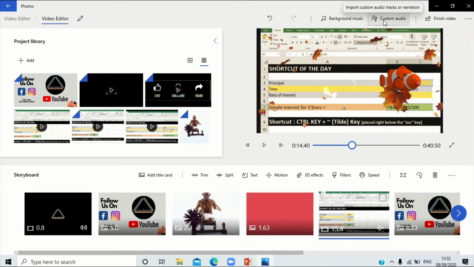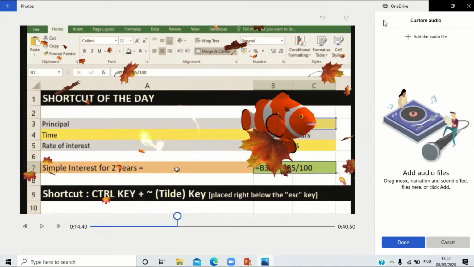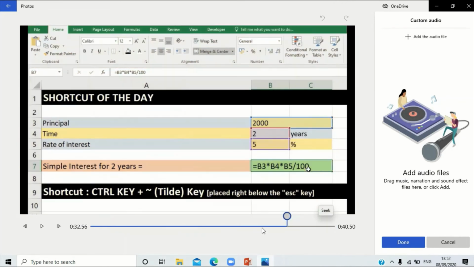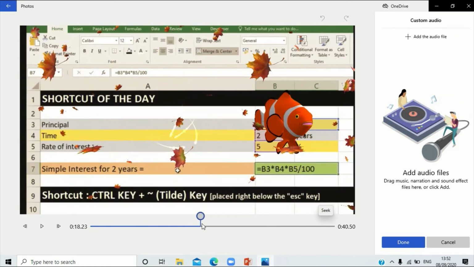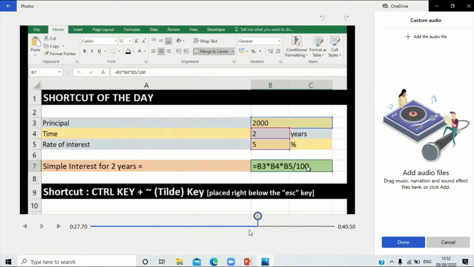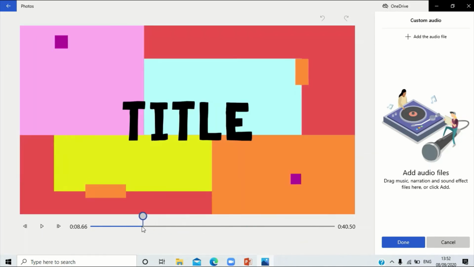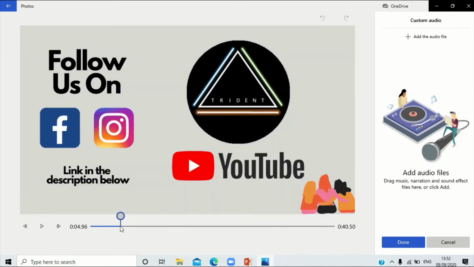Now the last option that I'm going to show you is the custom audio option. For the custom audio option, this is my entire clip that appears over here. I can custom the audio for this, and maybe I'll custom the audio for the image portion that appears here for around 6 to 7 seconds. So from here I would like to custom the audio. So now when I want to add the audio file,